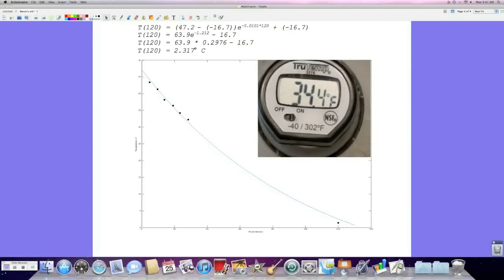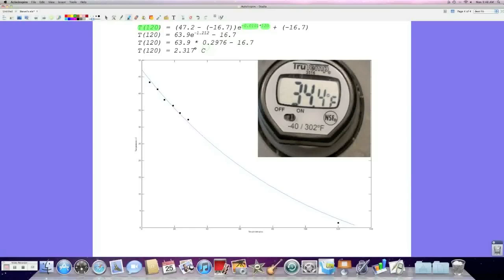So notice that I have negative 0.010 in for my K, and I again simply put these values back into the equation and apply mathematics. Applying mathematics, I found that the theoretical temperature after 120 minutes, 2 hours, was